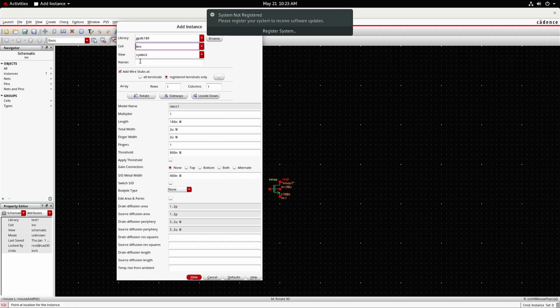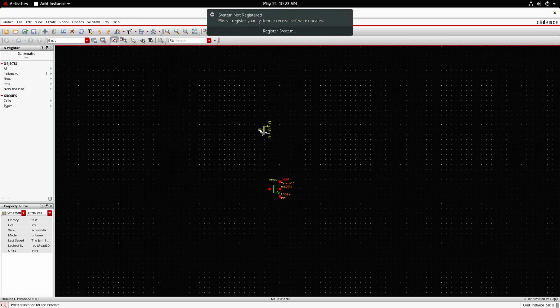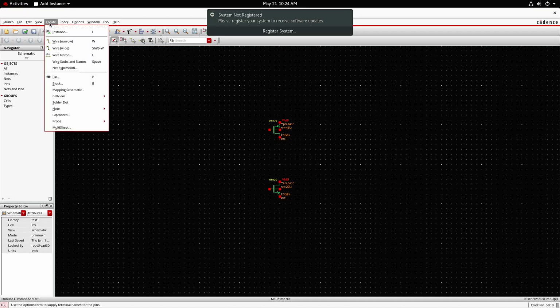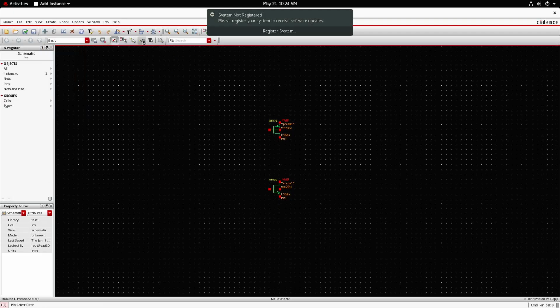In the same way, you can take PMOS also. Again, browse through GPDK, select PMOS. Under properties, you mention the width of the PMOS to be 40 micro. Then hide and place it at the top. After taking the required components, I need to take the pins required in the design, but that can be performed by using three options. First one is P, that is by clicking P on the keyboard I can get create pin option, or by performing create pin on the menu option, or by clicking on the create pin icon.